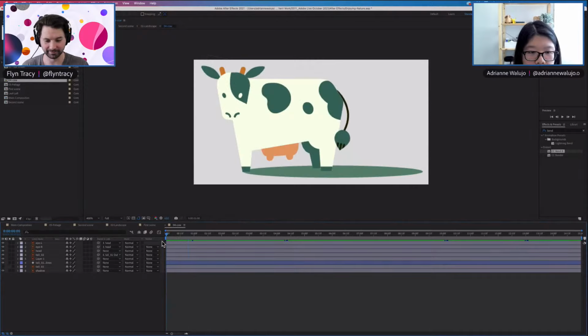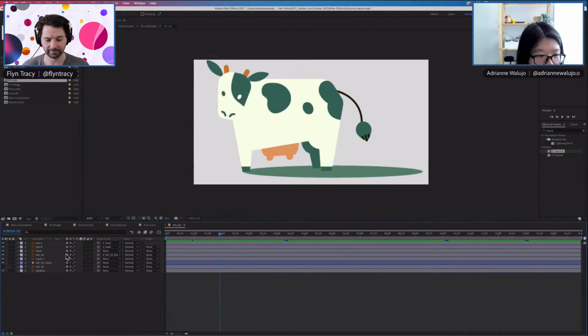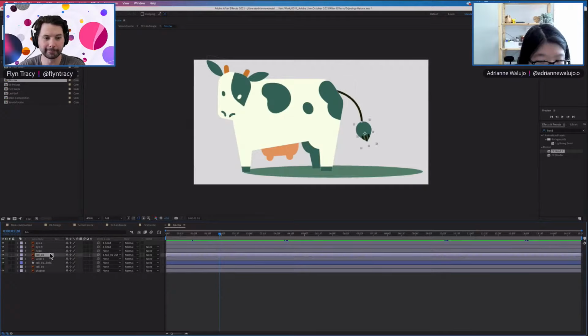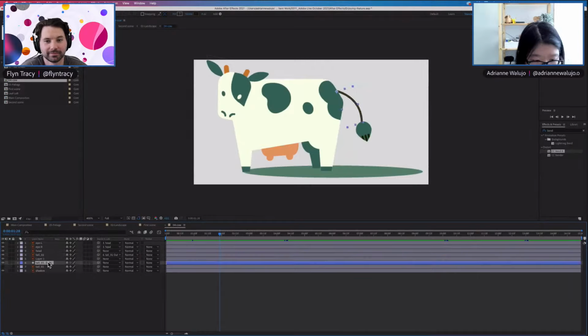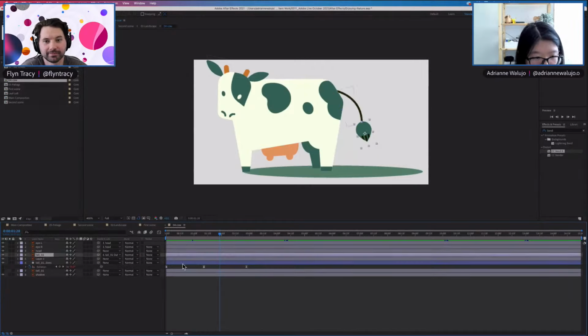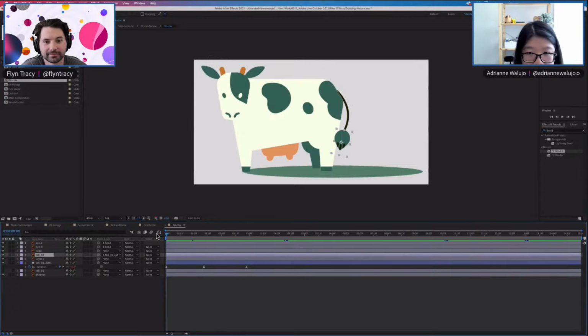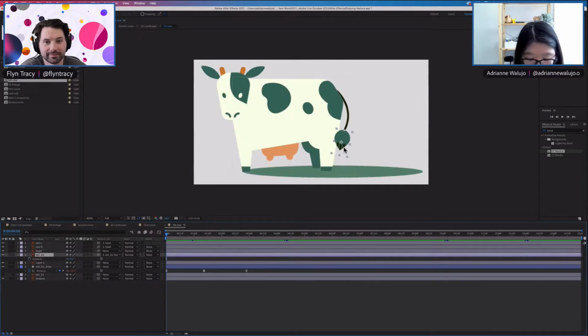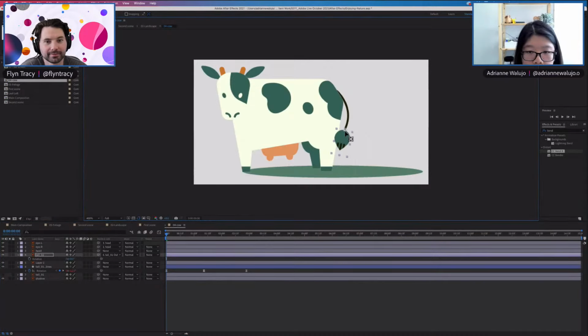So I did this here. I was thinking I can improve that further, by having the second part of the tail stagger as well, because it's heavier. So as it rotates, we move the anchor point here because we want it to rotate from there.